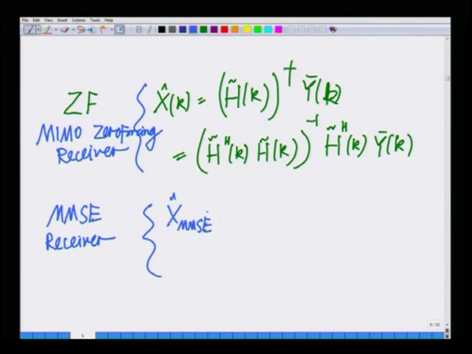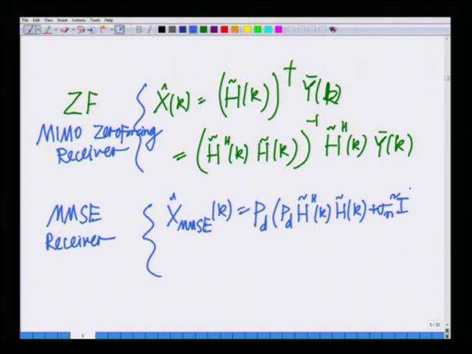The MMSE receiver is given as follows, that is nothing but PD, that is the data power PD, times h tilde Hermitian k h tilde k plus sigma n square identity, inverse, into h tilde Hermitian k into y bar of k. This is in fact the MIMO